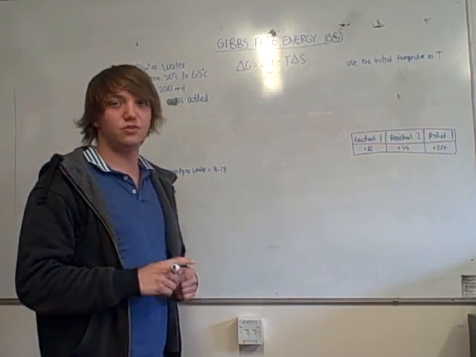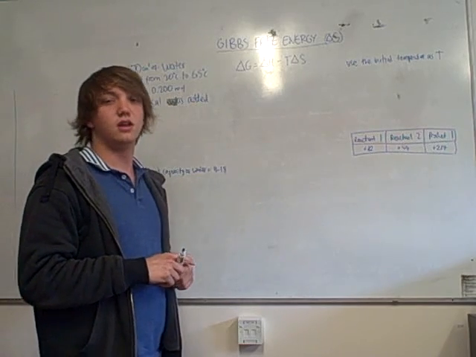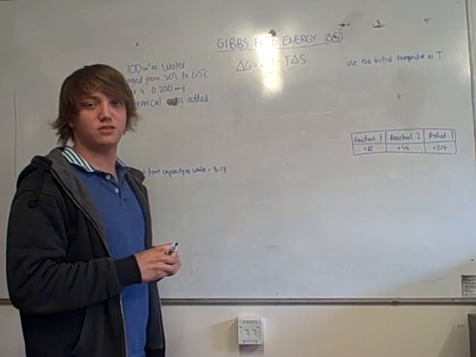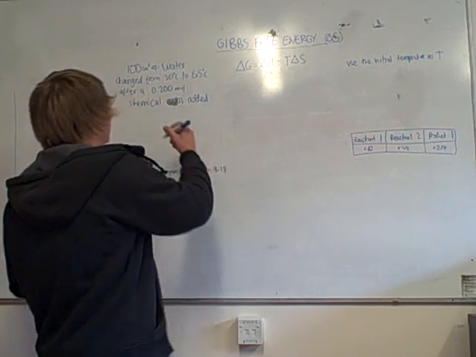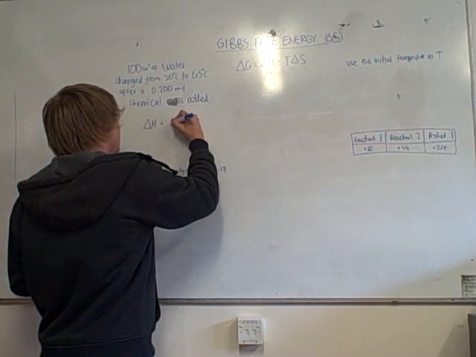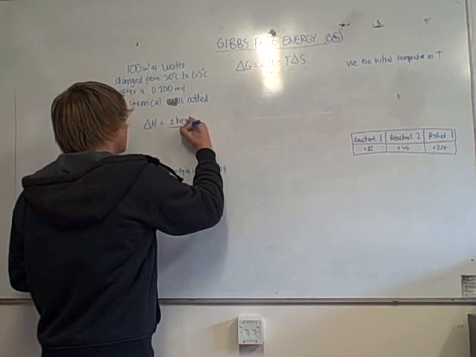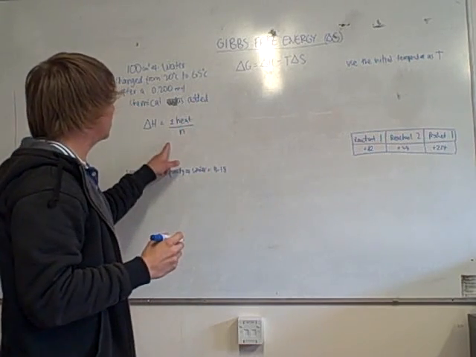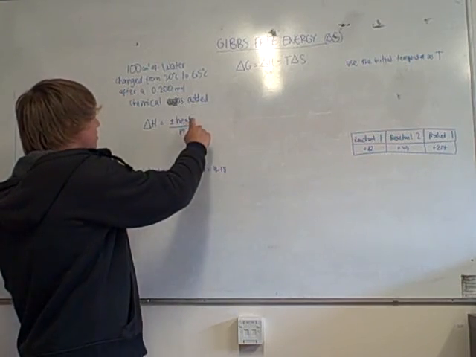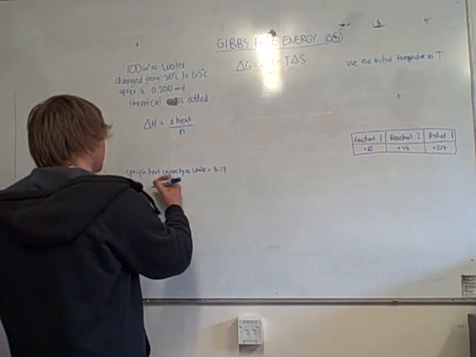To do that, we need to use two equations. Sometimes they will give you the enthalpy in the question, but for this example, I'll show you how to find out what it is. The first equation is delta H equals plus or minus the heat over the moles, and this is of the surroundings. But first, to do this, we need to find out what heat is, and to find out what heat is, we need to use the equation